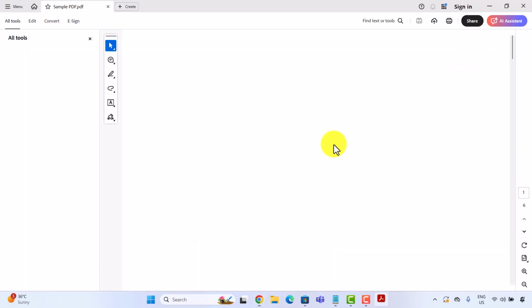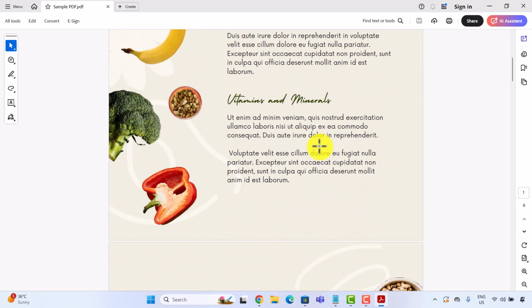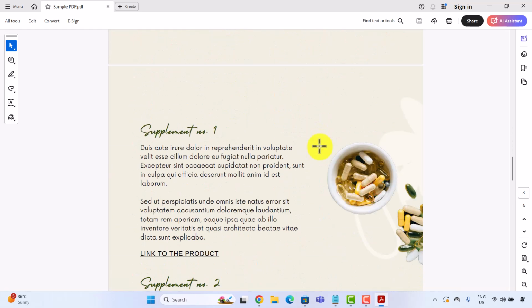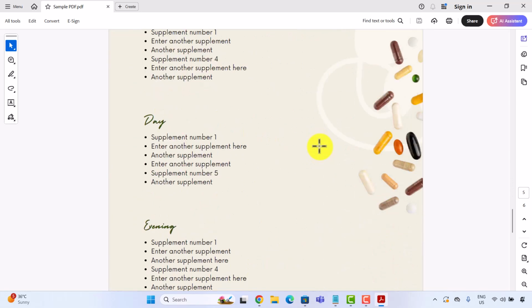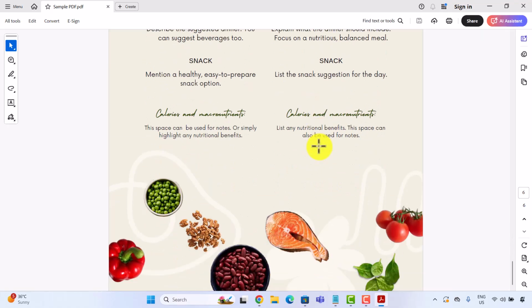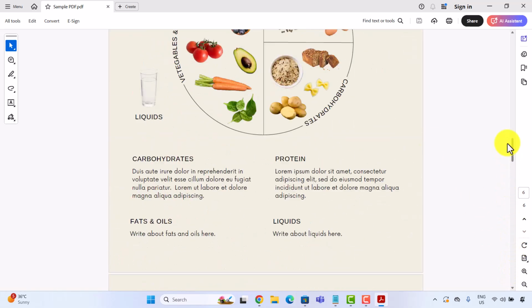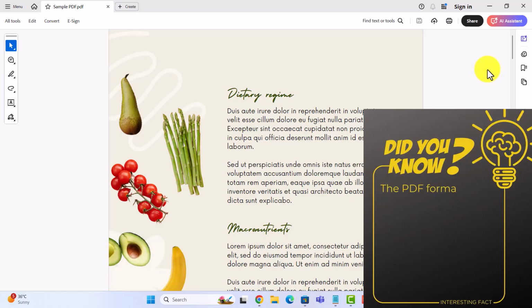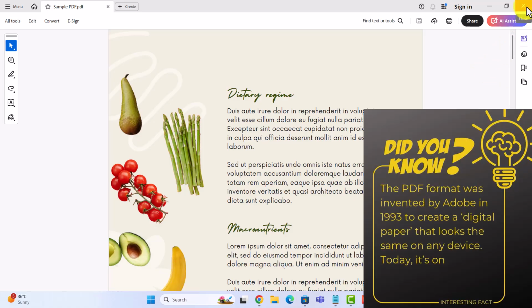Depending on your browser settings, the PDF may open automatically after downloading. Here it is. All selected pages 2 to 4 and 6 to 8 are in a single PDF, exactly how we wanted. Just keep in mind that for large or sensitive files, using an offline method might be a better option. Alright, we have covered 3 ways to split a PDF file on Windows 11, each with its own pros and cons.